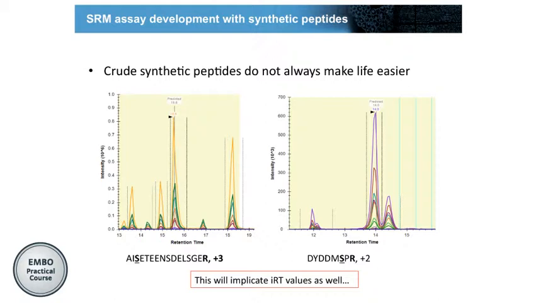Yeah, but this, I think, is the most likely explanation for most of the things that we see. But the Q1 is the same, the mass for Q1 is not the same. Yeah, but the mass would be the same. It would be the same, but only because of the ionization process. So as long as they are on the column, they are still carrying their protection group that you had